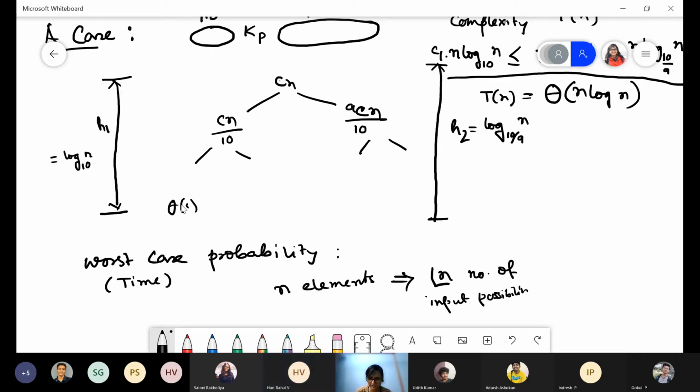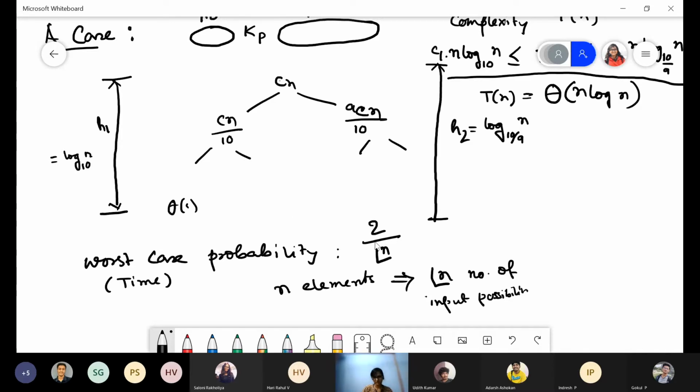Yeah, that essentially means that whenever our array is in some order, it can be in increasing order or it can be in decreasing order. So whenever they are in some order, we are going to get worst case only. So exactly two such possibilities are there, either they are in increasing order or they are in decreasing order. So what is the worst case probability then? 2 by factorial n, right? So this is my worst case probability. You can understand that if my n is sufficiently large, this is very small. So most of the time we are not going to get worst case.